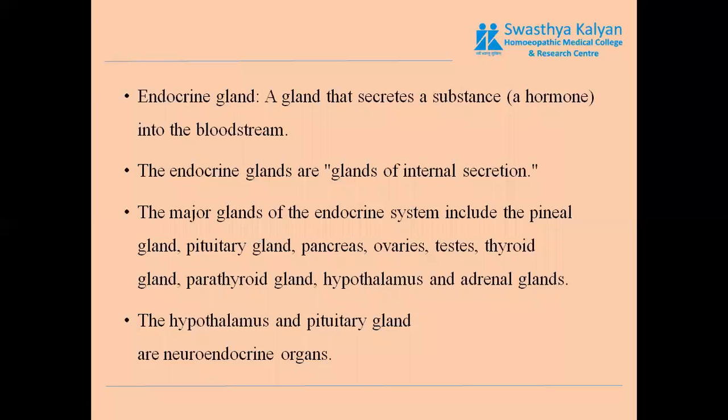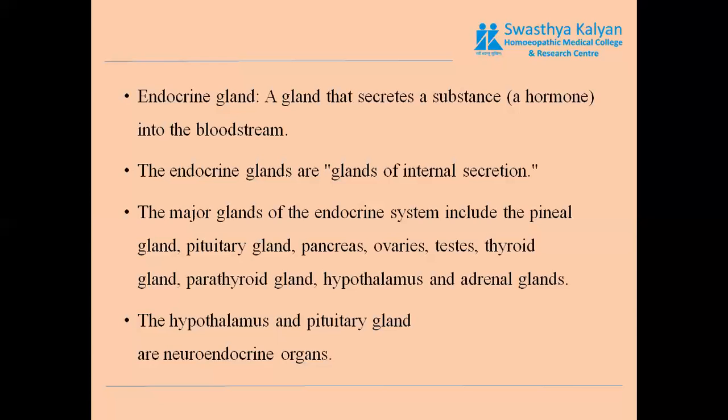Now, endocrine gland, a gland that secretes a substance, a hormone into the blood stream. Olden times में हम इनको बोलते थे ductless glands, but now they are called endocrine glands. Having no ducts, the product which is made in the gland, but it is not exported via duct. यही major difference है endocrine और exocrine gland में. तो endocrine gland में क्या होता है? Product बनता तो है gland के अंदर, but it is not exported via duct. Endocrine glands are the glands of internal secretion.